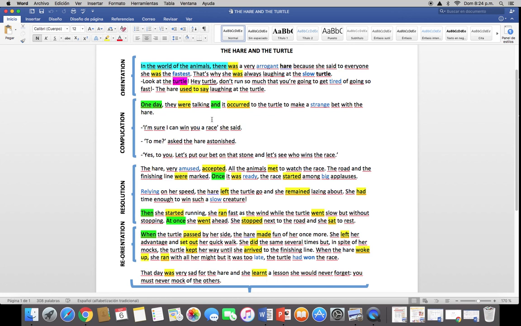Don't forget to check the expressions like one day, once, then, when. And don't forget the adjectives: arrogant, slow, tired, strange, amused. Okay? This is the way that you can write, or this is the way that you can read even a